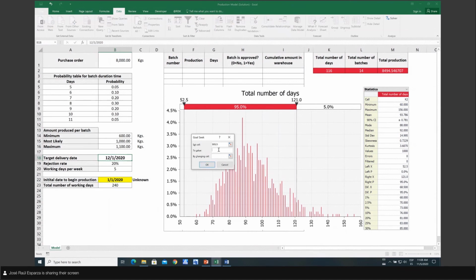I want that to be equal to 121, which is the result that I just got from @RISK, by changing which cell, the initial date to begin production. And that cell comes from cell B22. It's as simple as that. So what happens is at the end of